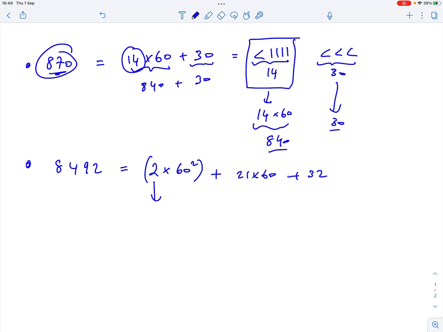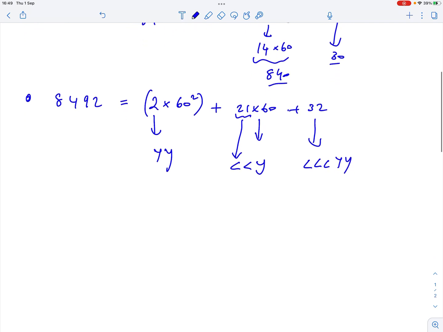Okay, they would have written 2, which is y, and then the 21 times 60, they would have just written 21, which is less than y, and then plus the 32. 32 would have been same as in the first part, 3 less than symbols and then 2 y's. Okay,